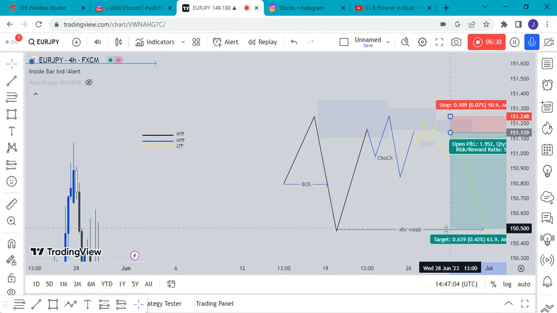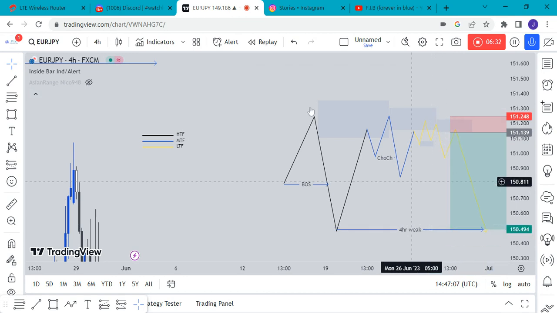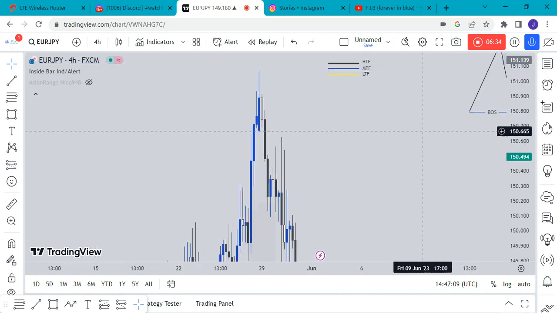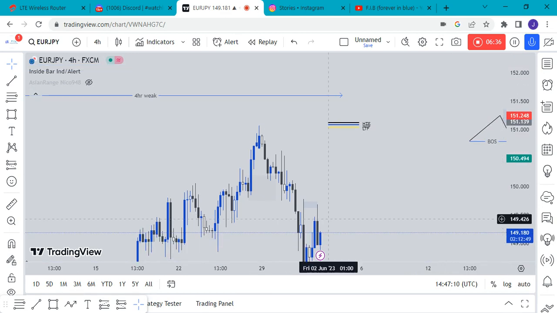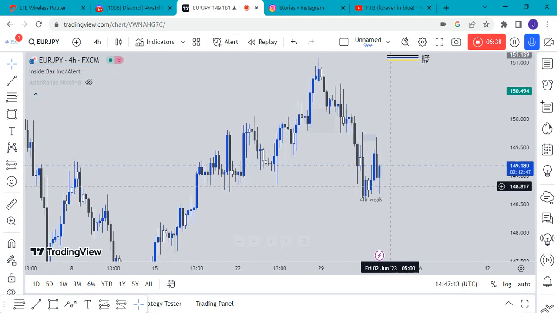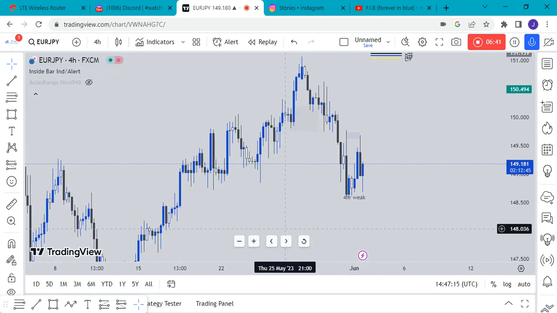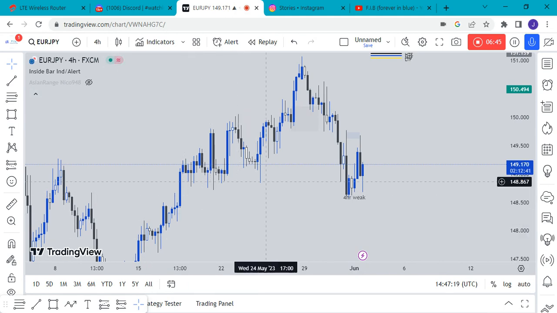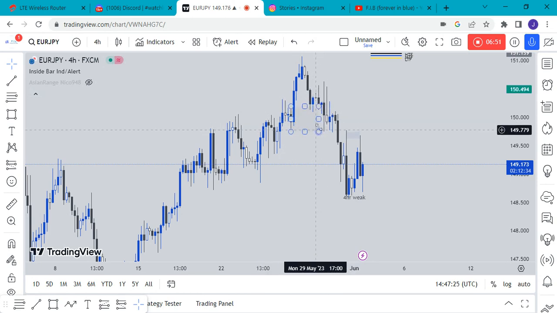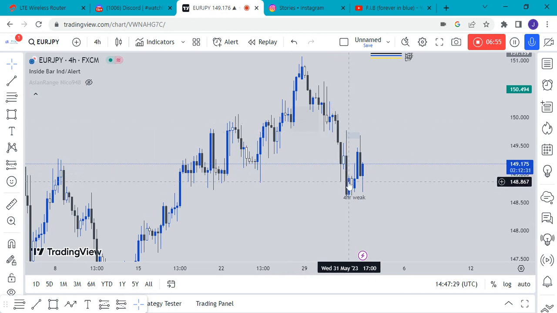So that's how the 1 minute entry works. Let's hop right into this chart and see how this trade went. So this is what happened right here. Now look at this. This market was very, very bullish. Now there was a little retracement, market came and broke. Now this is a CHoCH. It came back. Now I said on the 4 hour, I would love to see